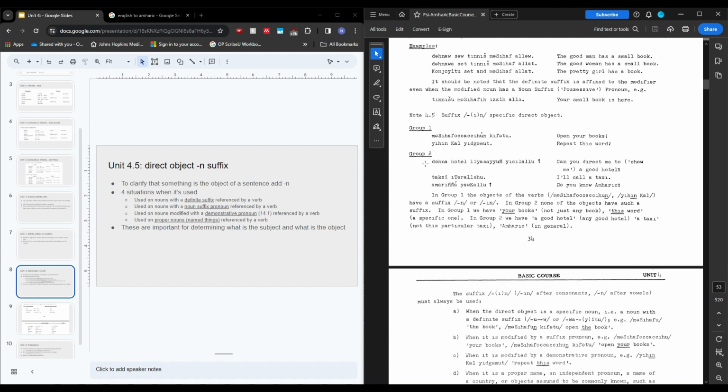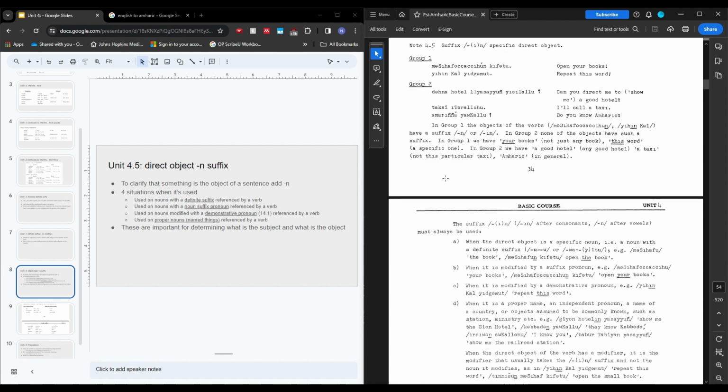In group 2 words, we're just going to hear things in general. It's not like a specific object being the recipient of a verb. It's just part of the sentence, if that makes sense. Like dena hotel lesayun yichalalu, can you direct me to a good hotel? It's not like the good hotel, this hotel is not receiving any action in a direct way. It's just part of the sentence. It's kind of tough for me to explain, but in general, I don't think it matters too much if you get these wrong sometimes, especially in kind of weird situations.